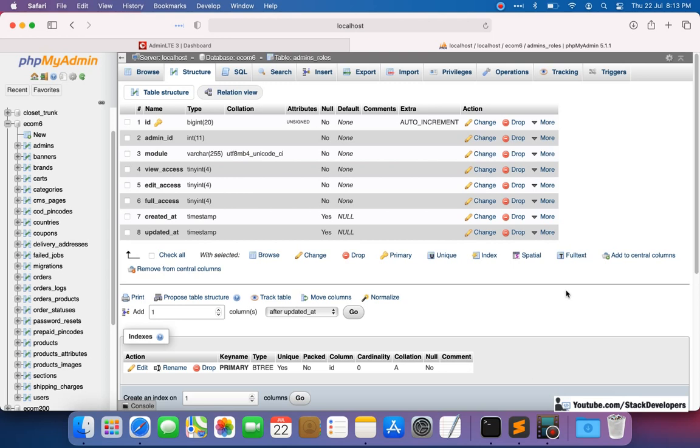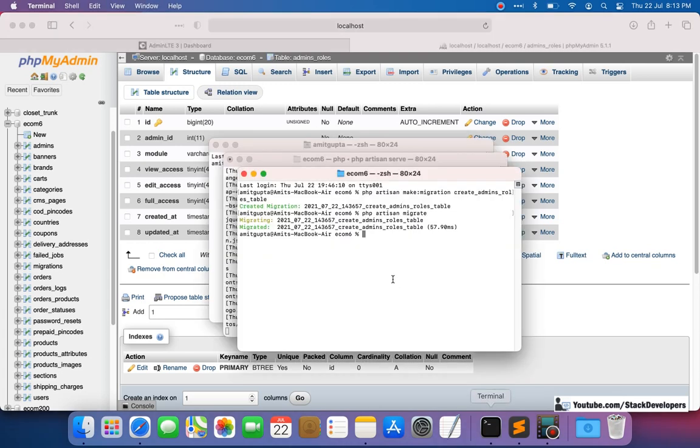These naming conventions you must know in Laravel. Now we are going to run one more artisan command, php artisan make:model, and we are going to make the model AdminsRole. Here we have given admin, so we are going to give AdminsRole like this.